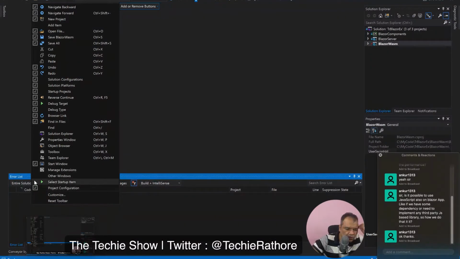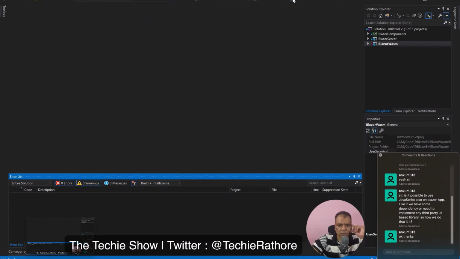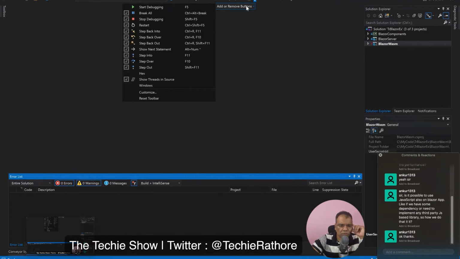Project configuration, that's fine. Manage extension, I don't need this. Okay, no, it's not there. Which button is this? This is bad. Forward, no, not this one. Okay, which one is it?